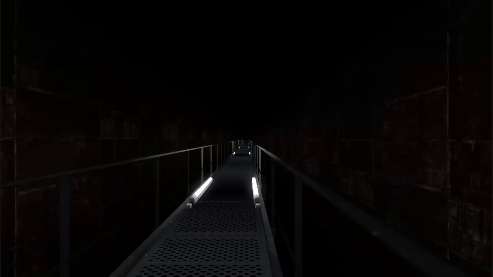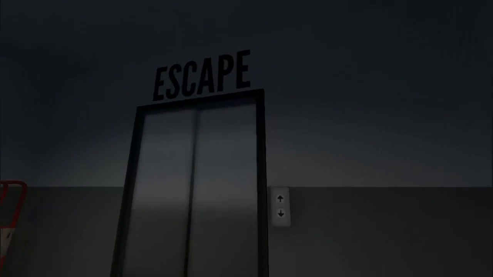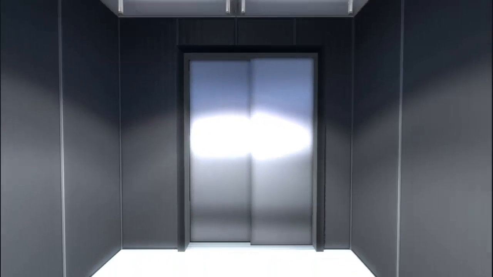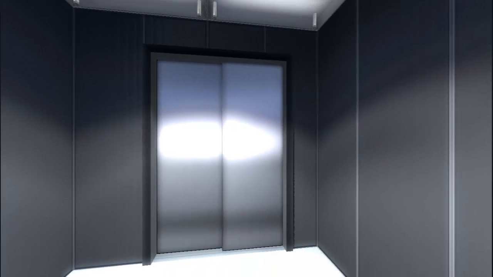And then we were on some kind of catwalk. I didn't have any idea what was down there. Did you? And we just kept going and we found that elevator and it said escape on it. And we talked about it for a while. About how we couldn't possibly know whether this was really an escape, but that it seemed worth a try, and at the very least it would be an adventure. So we got inside and we rode the elevator up and up and up. And we had some sense that the end was coming, but we couldn't possibly know when. And then after so long it finally stopped, and we stepped out into the lush outdoors,